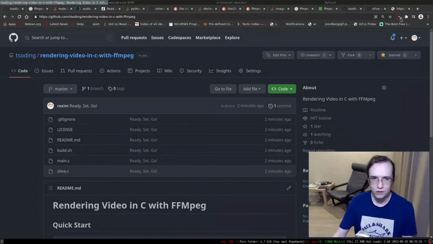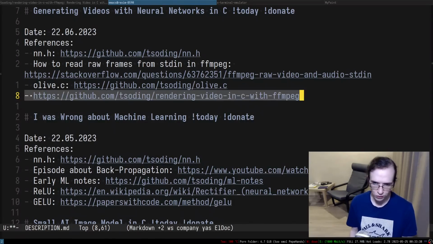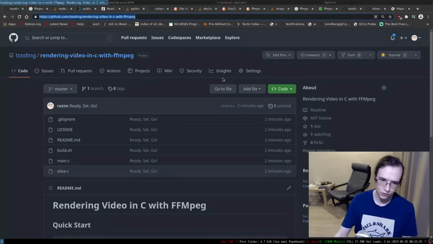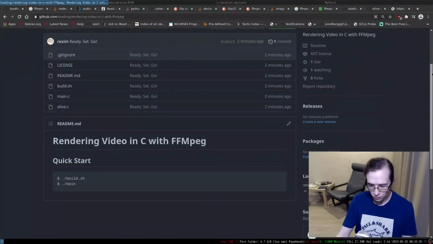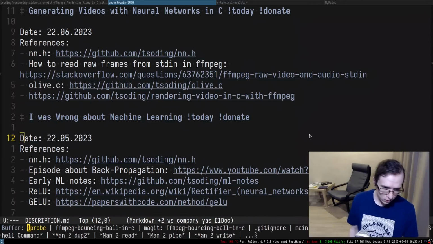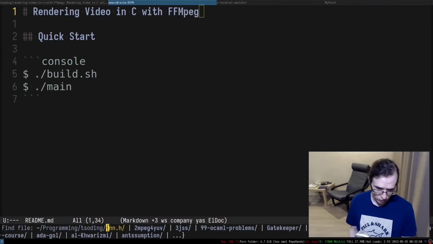Right, so I'm going to copy paste it in the chat, and for people who are watching on YouTube, I'm going to put it in here. So this is how you can render a video in C with FFmpeg if you ever wanted to do that. That's a very simple proof of concept that you can just compile and play with, and there you go. All right, so what we need to do is integrate all of that into our neural network thingy. So let me go to